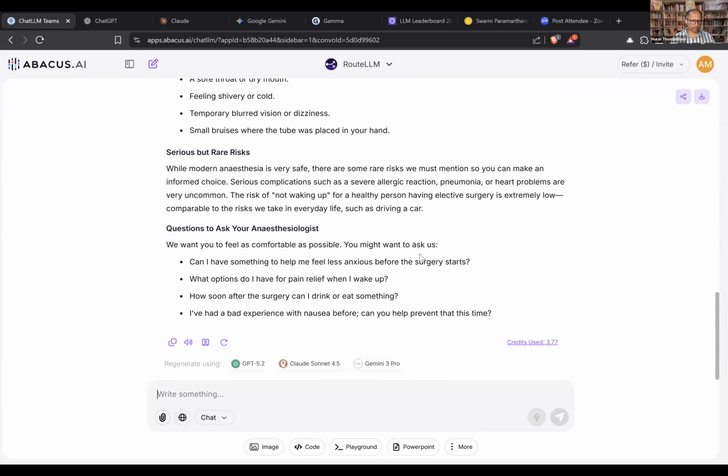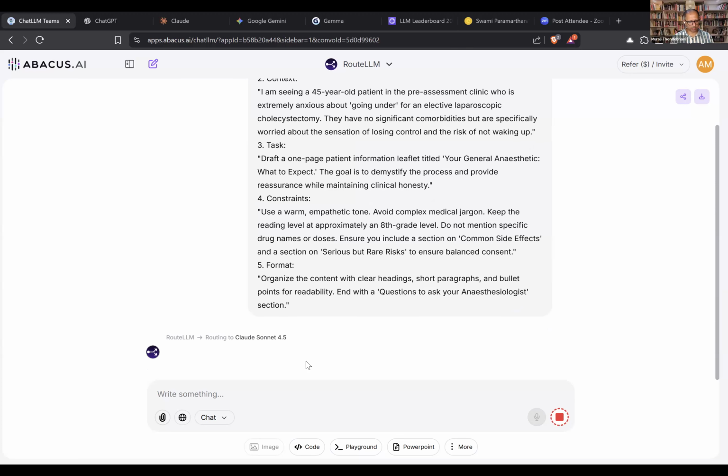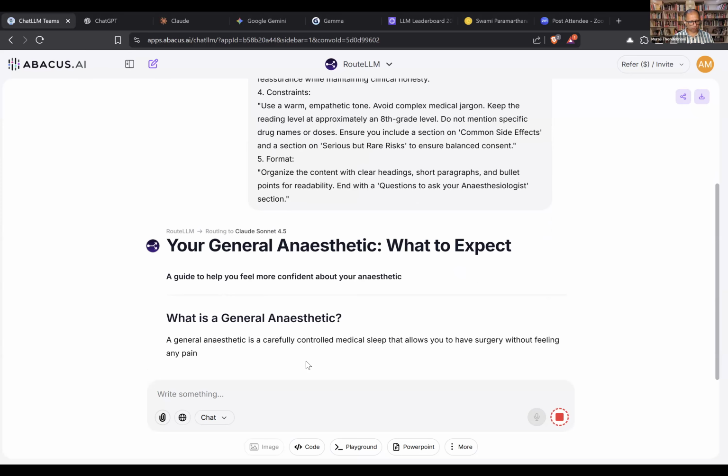Now, if I say I want a little bit more thinking, I want to use a different model. I'm not going into the other tabs here, but I'm going to say use Claude. So I have got the option here to use Claude, right? I'm going to say generate the same thing with Claude. Now, Claude will take a little bit longer time because it is going to be a little bit more reasoning, and then it will generate a different kind of leaflet, right? So it's going to give me a wonderful leaflet.